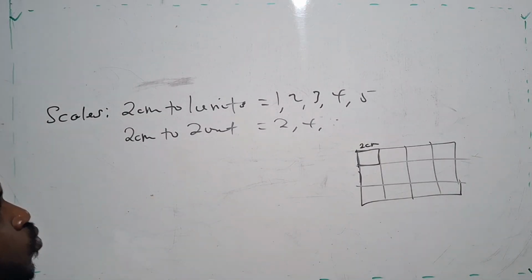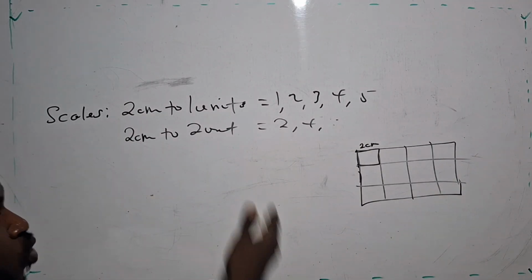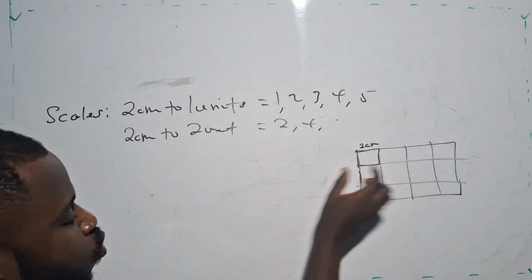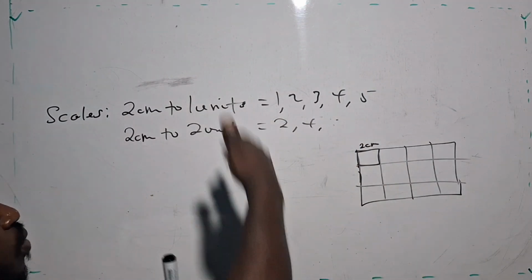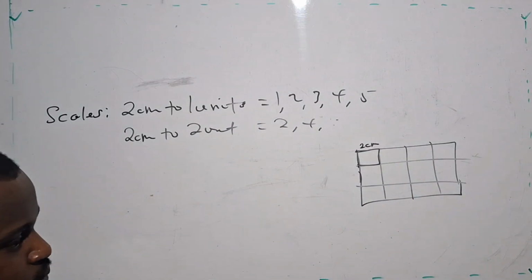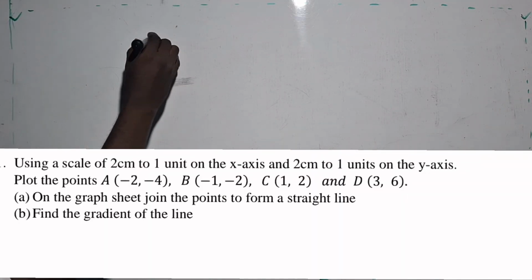Sometimes the scale confuses students. So 2 centimeters to 1 unit: when you measure the graph with the ruler, you get 2 centimeters, but the number will determine the unit given to you in the question. So this one, we were given 2 centimeters to 1 unit. So let's manage